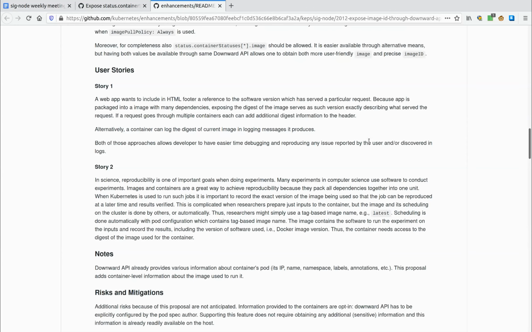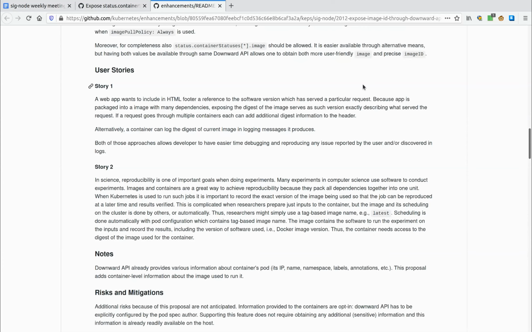If I remember correctly, last time one of the questions raised was for clearer use cases, right? So put the use case user stories into your KEP. Do you want to talk about that one, or maybe not? Sure. We don't have enough time, so we can move forward. Yeah, sure. Let me share my screen, and I can show them as well while I talk. Do you see GitHub?